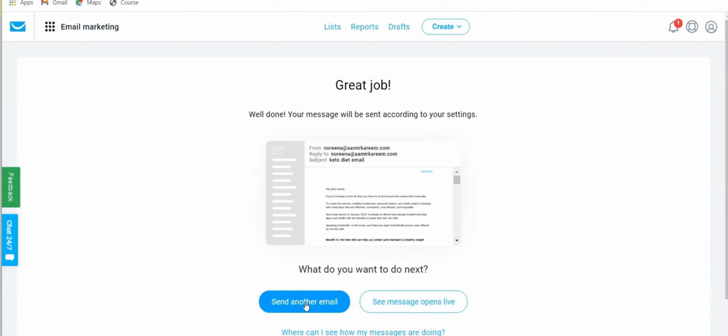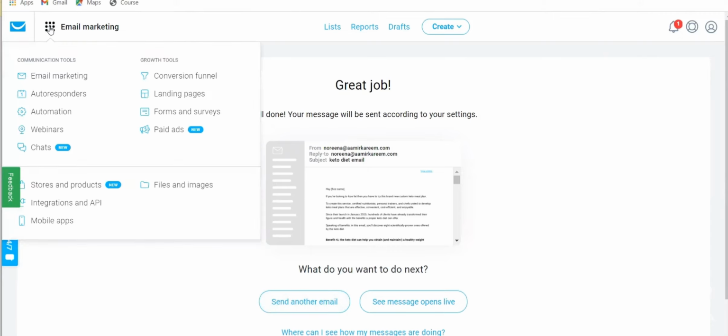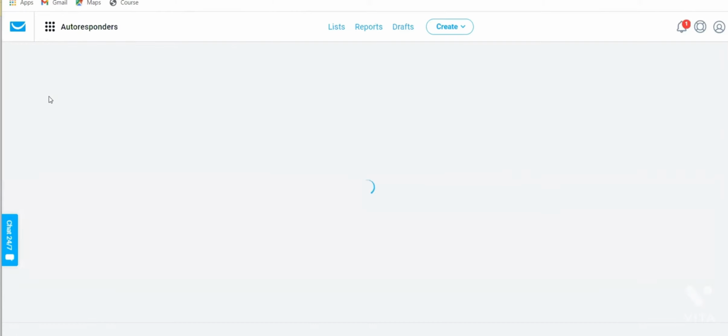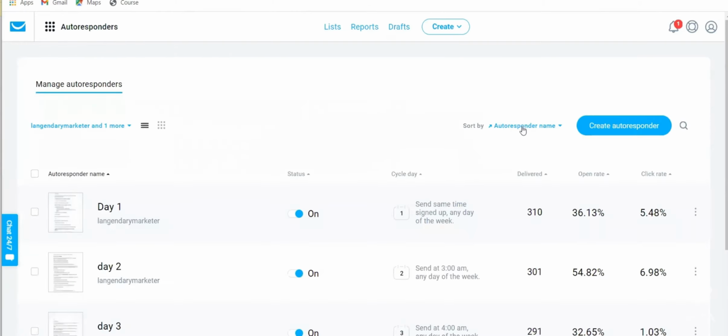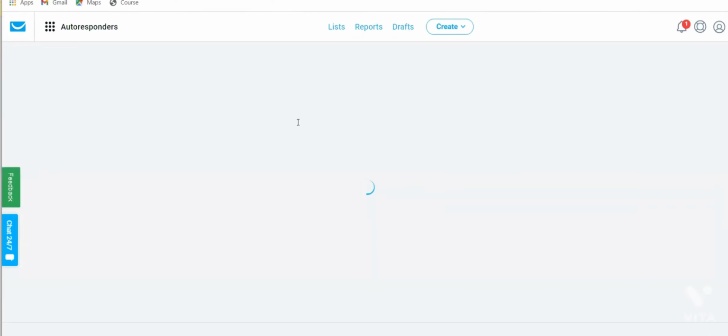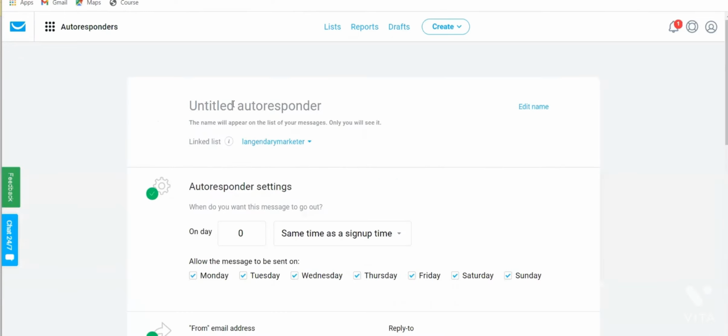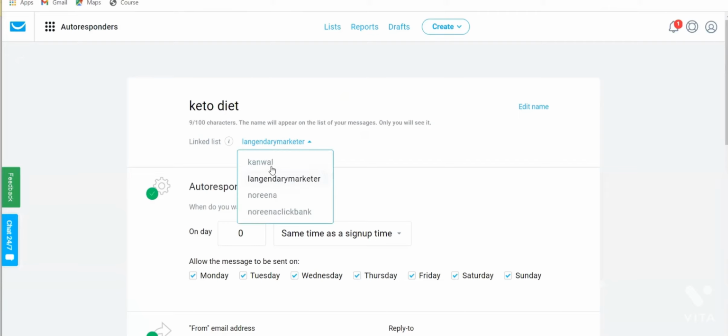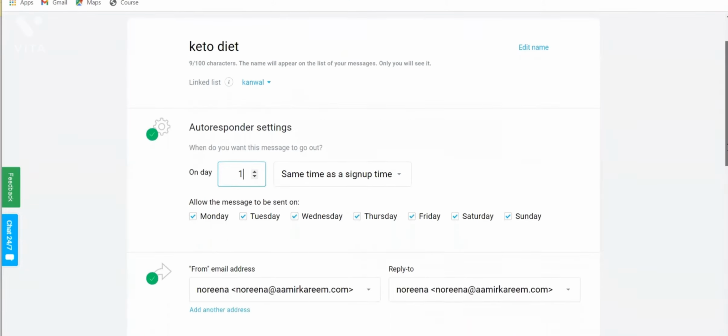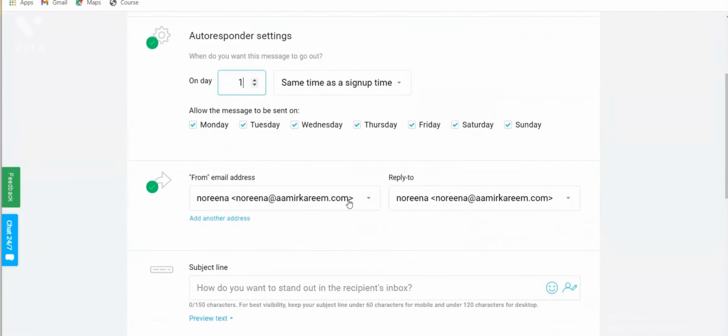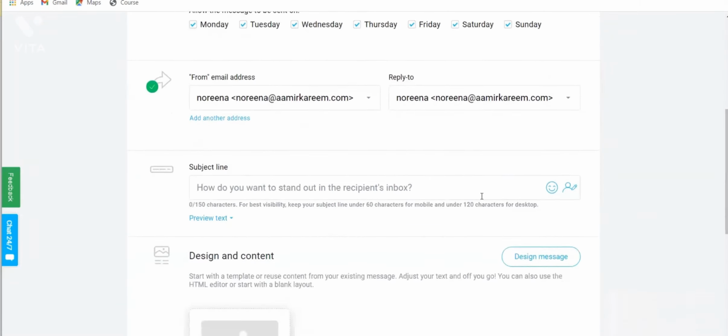So let's move on to autoresponder. So again, go to the dashboard. You will see there is autoresponder, right? And create autoresponder. So again, keto diet. The list is your ClickBank list, and day 1, it's totally up to you. And this is the setting of the autoresponder, right? And this is your business email ID. And again, subject,